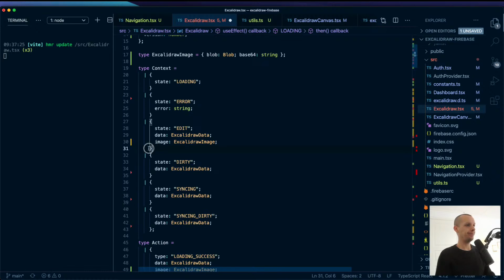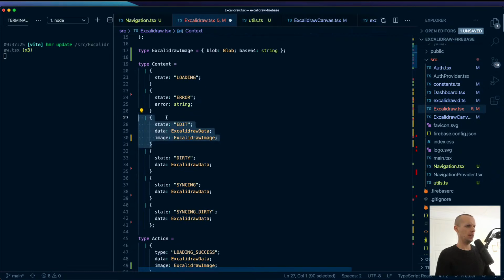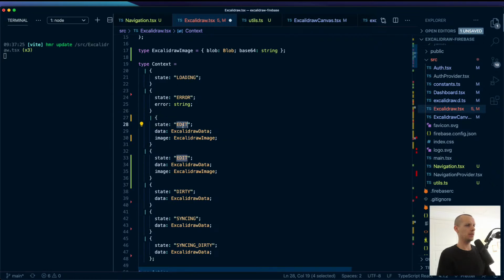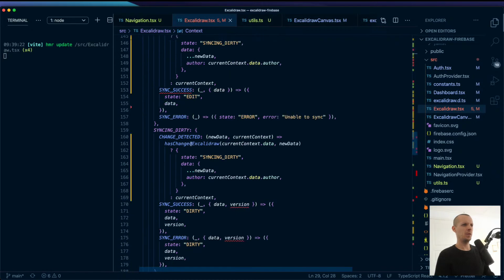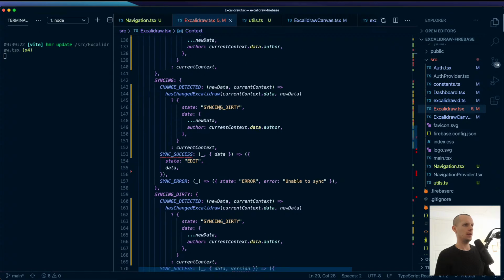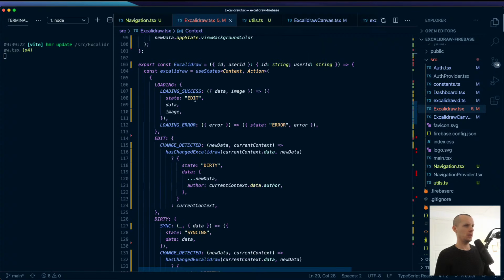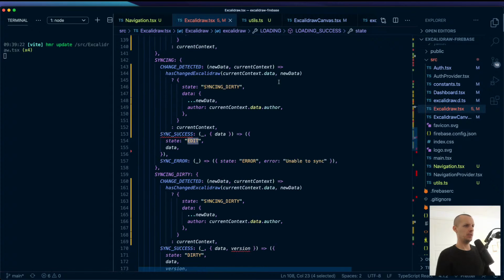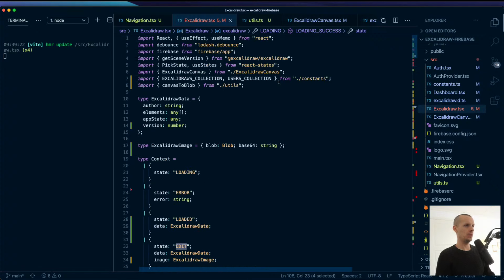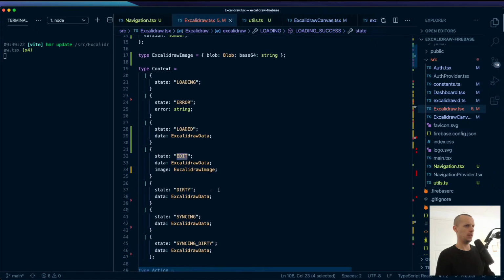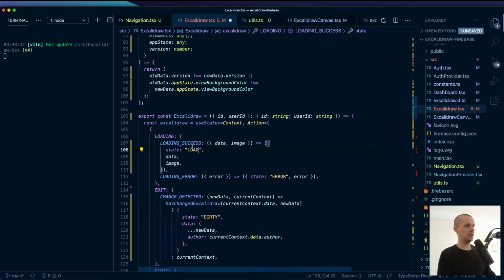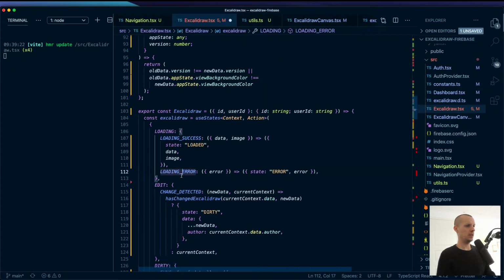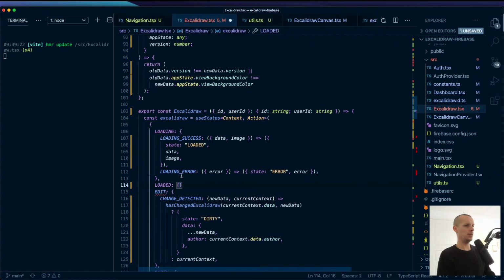So we can call it loaded, where we have the Excalidraw data, but we don't have the image yet. So what syncs loading success actually moves us into, why didn't it pop up loaded? Do I already have loaded? Oh, that's weird. Anyways, so this loading, loaded,